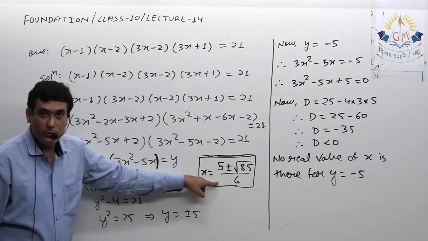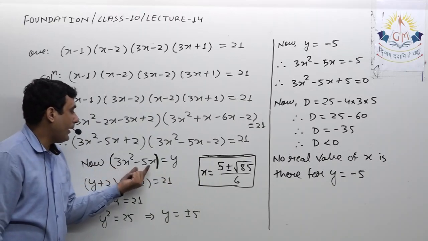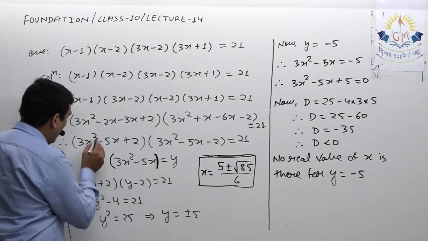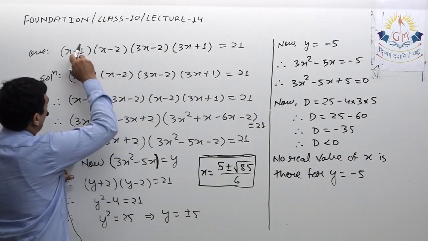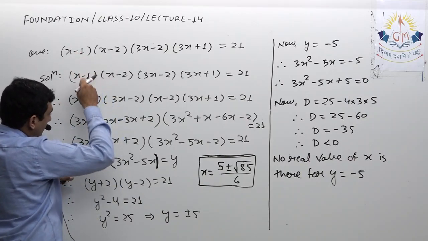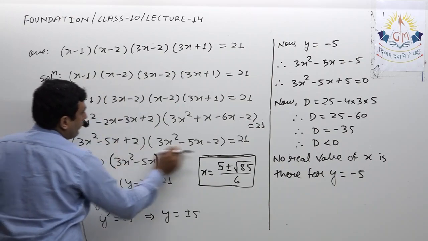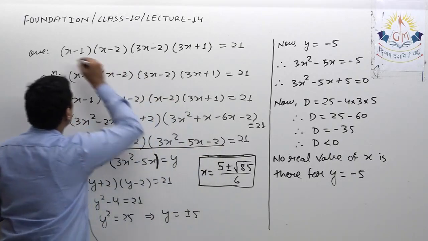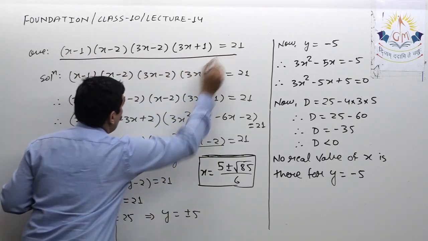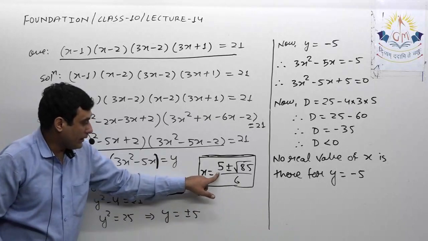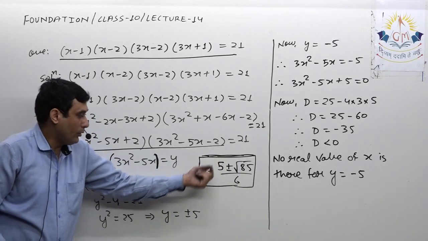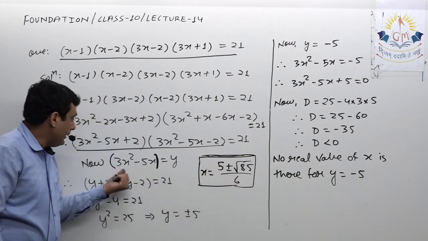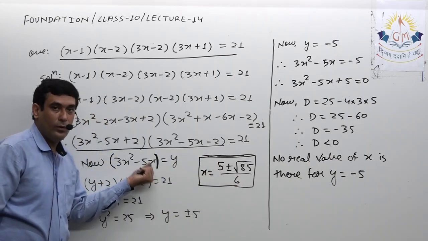We got x equal to this when 3x square minus 5x was equal to 5. So simply, see, this is my original equation, and after further simplification, I multiplied and I got this. So this expression is exactly equal to the original expression. Now instead of putting x equal to this much complicated value, because I obtained x equal to this when 3x square minus 5x was equal to 5,